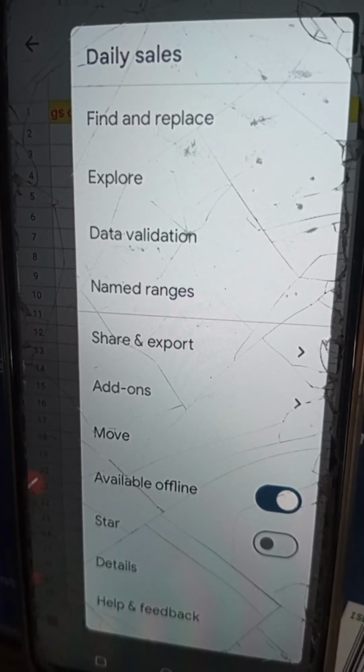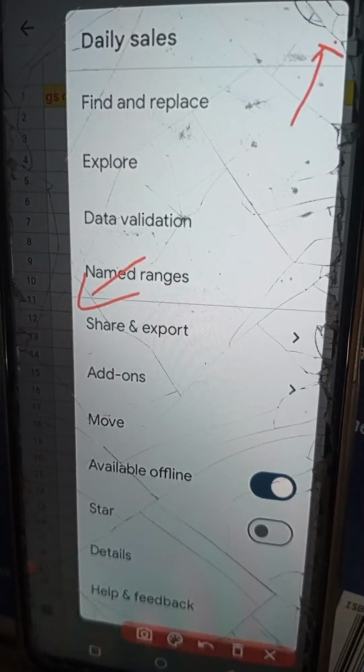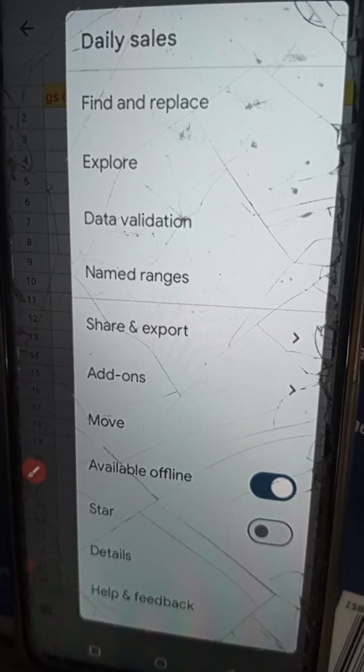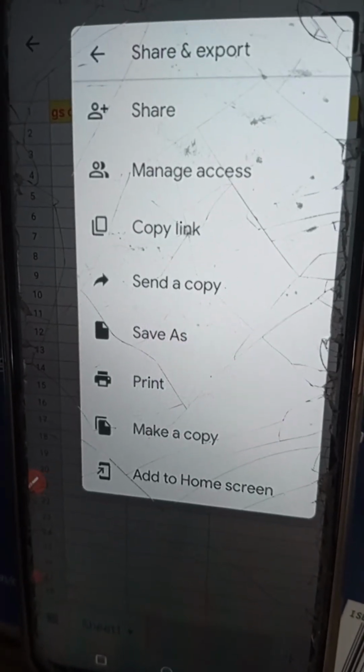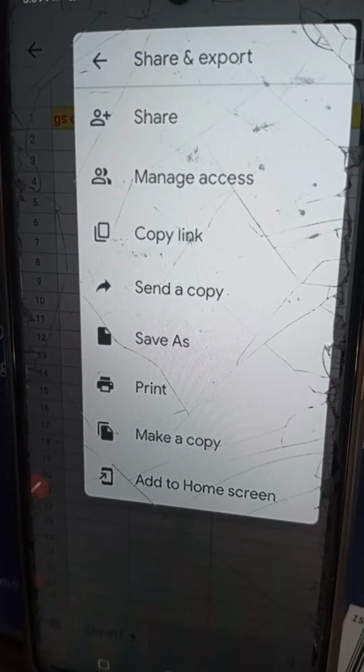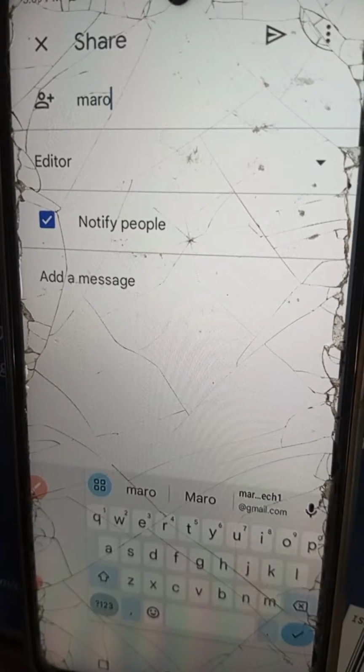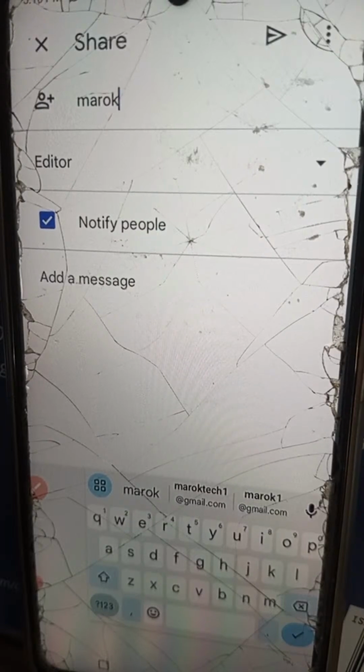So now just move over to share and export. I don't know if you can see it. This is it, share and export. When you have gone to share and export, you click on the arrow by the right hand side. So you can click on share. When you have clicked on share, you can add people by email. There are two ways you share. Let me explain this before we type. Let me explain the two ways you can share this document you've created. Number one, you can add the person via email, or you generate a shareable link to this sheet,